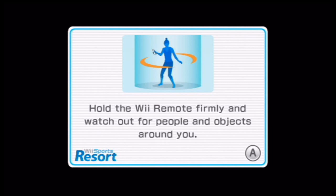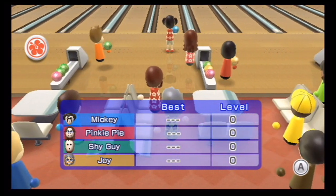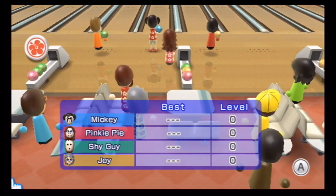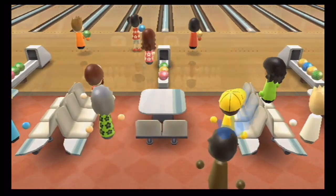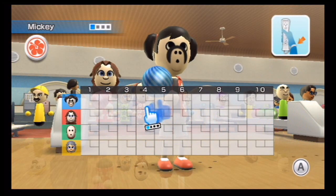I'm on it. It's about time we're able to actually get back into bowling at long last. Yeah, me too, especially. And even this is my first time playing through bowling potentially, so...